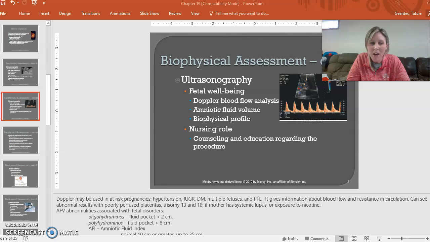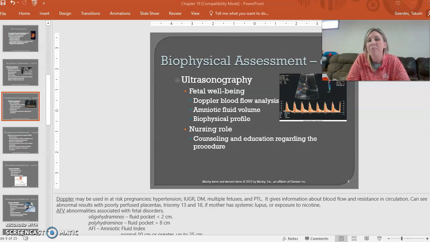The term oligohydramnios just means low amniotic fluid. Usually there's a fluid pocket that's less than 2 centimeters. And this can indicate congenital anomalies. It might mean that there is renal agenesis present, which is when one or both kidneys fail to develop properly. It also can mean intrauterine growth restriction, or it could also potentially indicate fetal distress when the patient